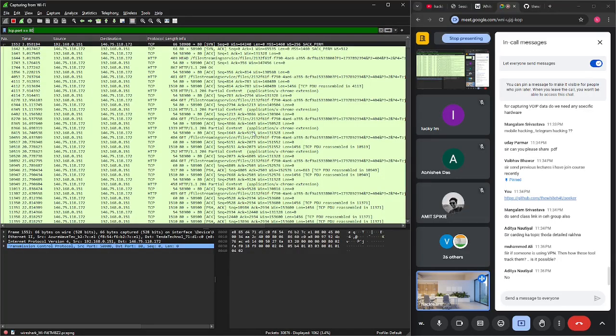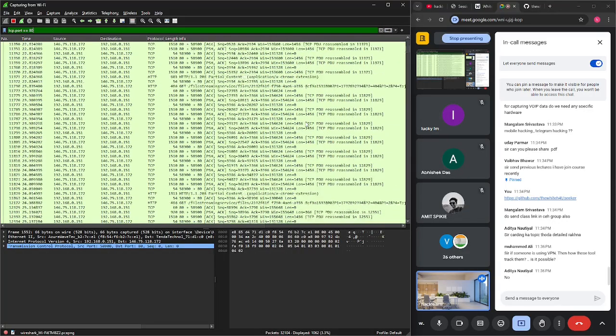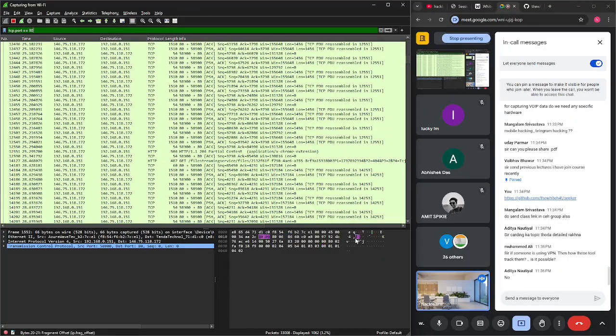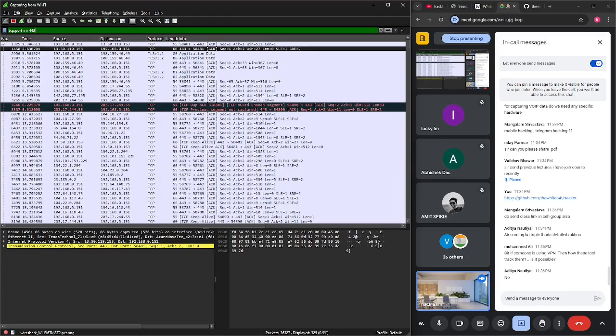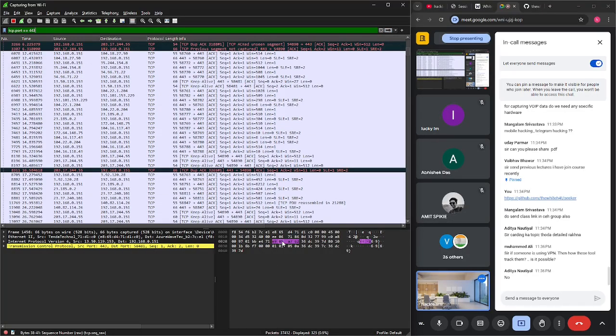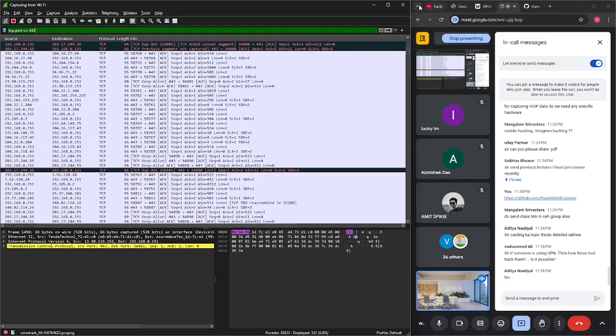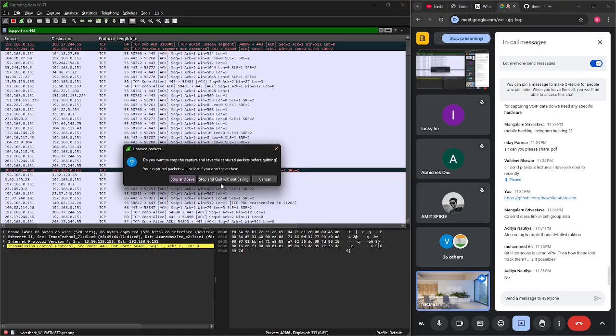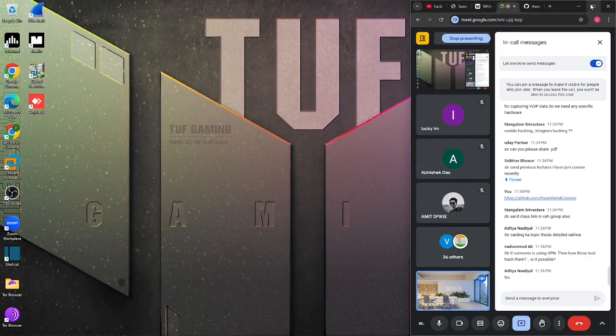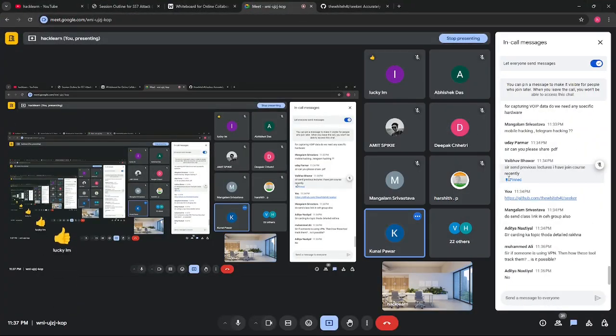All the HTTP traffic will be in front of you, like all the HTTP and HTTPS traffic coming here. If you just want port 443, you will look for 443, and now all the packets belonging to port 443 will be in front of you. So that's how you will be using Wireshark. I have already taken a complete session over Wireshark. If you want to save, you can save from here, and after some time you can come back and analyze it. So that's how you will be using Wireshark.